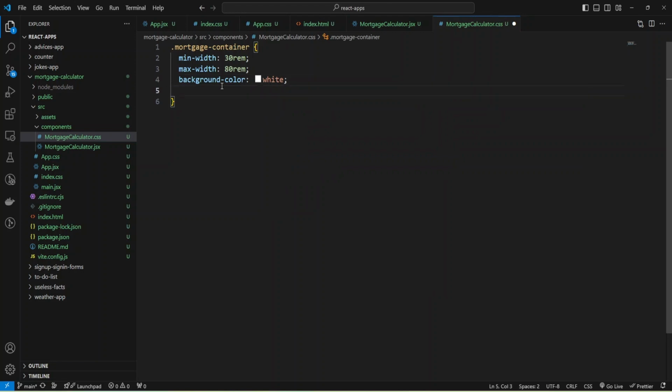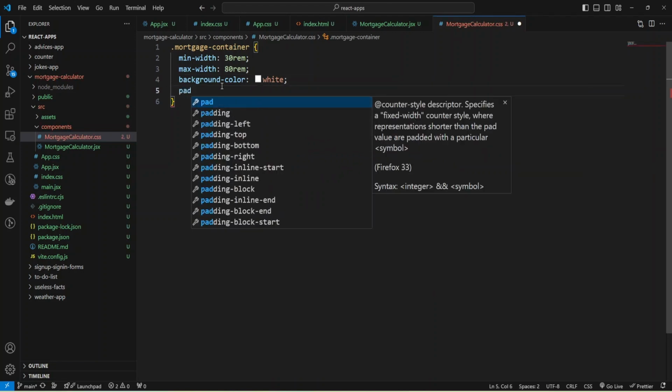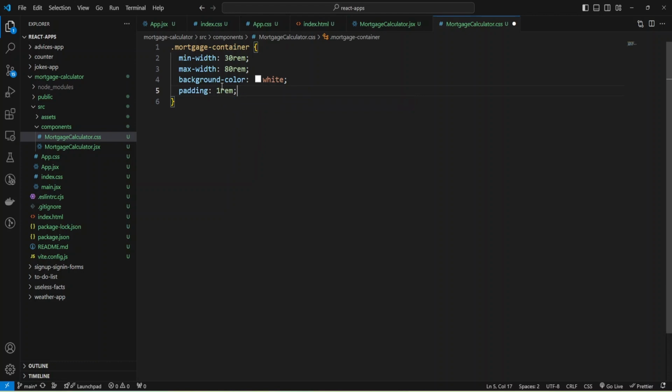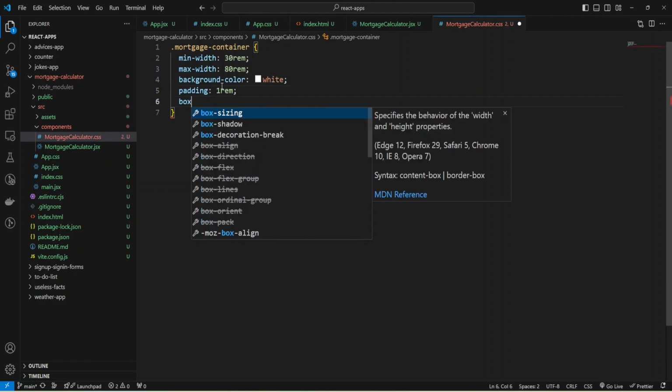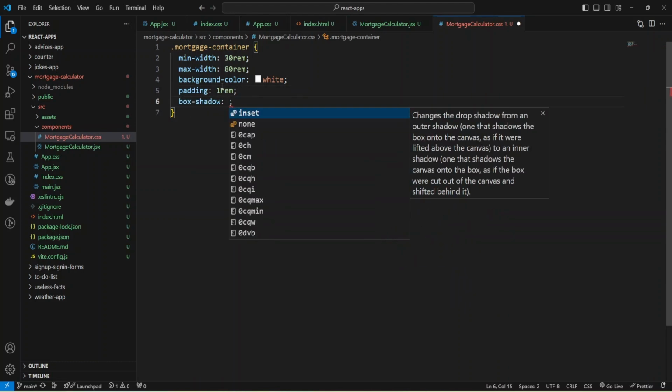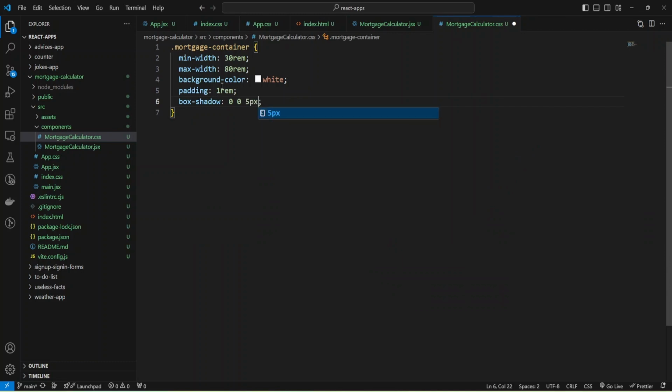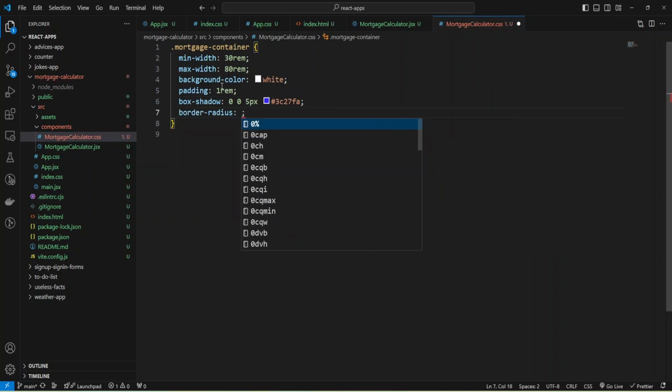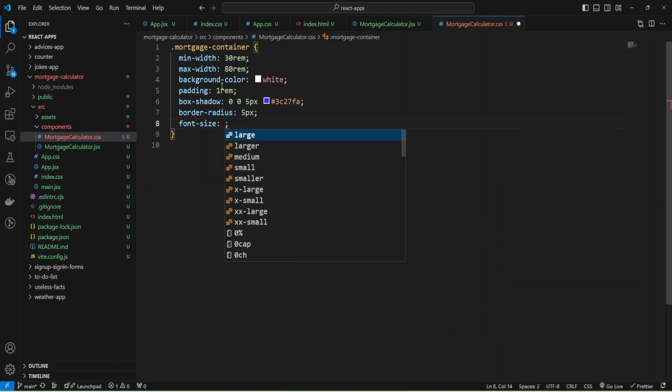And also we can add some padding, 1 rem for all sides, and add box shadow 0.05 pixel, and provide some color. I will use this hex color, and also we can add border radius 5 pixels, and also increase font size to 1.2 rem.